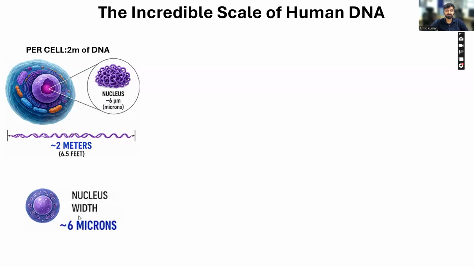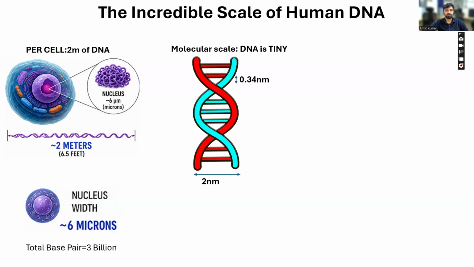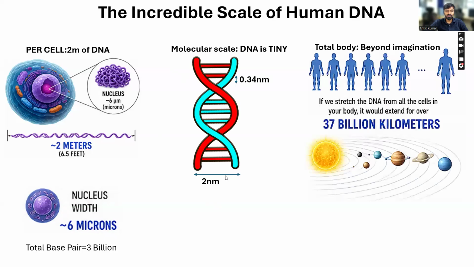This is the size of the nucleus in which the DNA must fit. We have already seen that the total number of base pairs in the human genome is 3 billion, which is itself a huge quantity. At the molecular scale, DNA is very tiny: the double helix diameter is approximately 2 nanometers. It is beyond imagination. If we stretch the DNA from all the cells in our body, with 3 billion nucleotides in each,